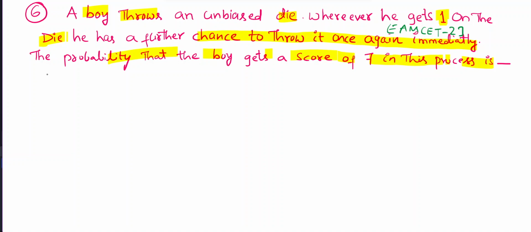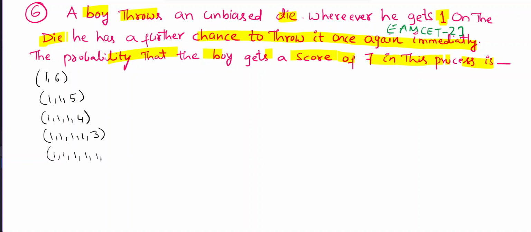If he throws, first one is 1 comma 6, second chance is 1 comma 1 comma 5, and third one is 1 comma 1 comma 1 comma 4, and fourth one 1 comma 1 comma 1 comma 1 comma 3, and next one 1 comma 1 comma 1 comma 1 comma 1 comma 2, and the next chance is all ones, 1 comma 1 comma 1 comma 1 comma 1 comma 1 comma 1. These are the 6 chances. Therefore the required probability is equal to